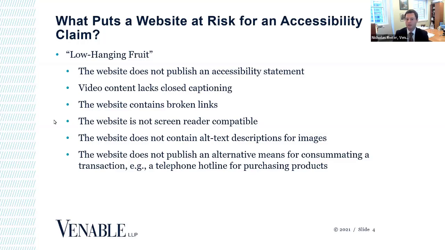Last, if the website doesn't have an alternative means for consummating a commercial transaction, well, that's another piece of low-hanging fruit for a plaintiff and their lawyer that's likely going to be emphasized in a pleading or a demand letter. They'll allege in effect, hey, I'm vision impaired. I couldn't navigate the checkout page for your site when I was trying to buy a product, and there wasn't any information on the site about someone I could call, a customer service rep, or someone as an alternative means of processing that transaction. And that's critical to what JP was talking about a second ago about the commercial activity element for the applicability of these laws in the first place.